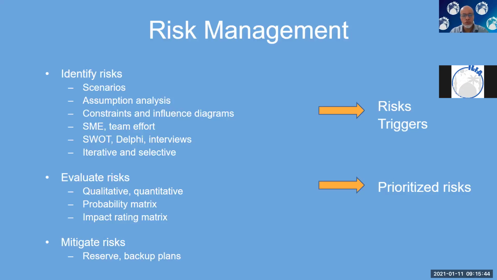Those are examples of strengths and weaknesses on your team. These are things you can control. If you have a missing role, you can go and recruit someone. If your team doesn't work well with each other, you can train them, you can coach them and have them interact more effectively. So these are things that are internal to the project team. The team can control them. The O and the T are opportunities and threats. These are opportunities that present themselves to the project and the project team that are usually outside the control of the project team. The same with threats.